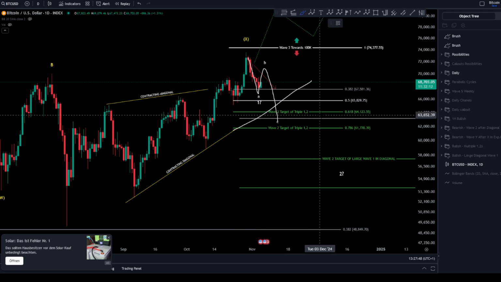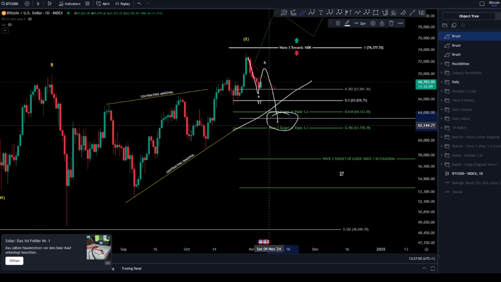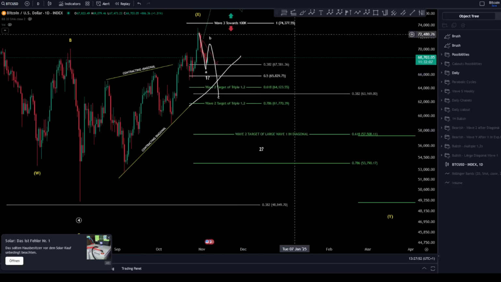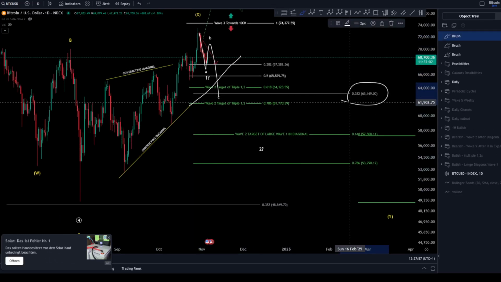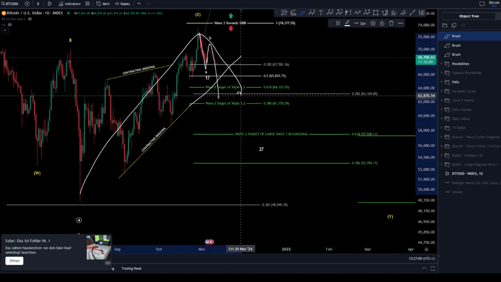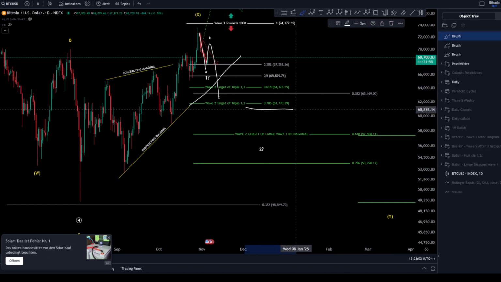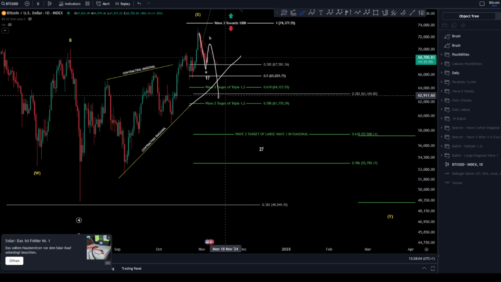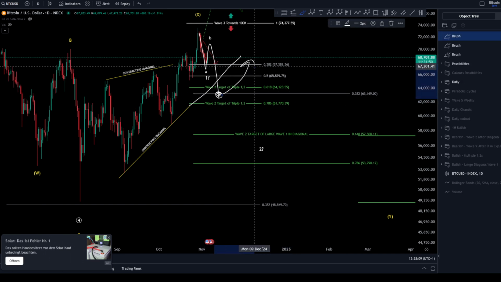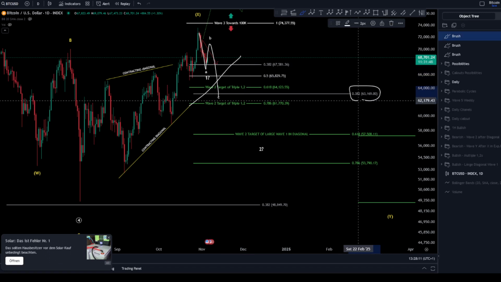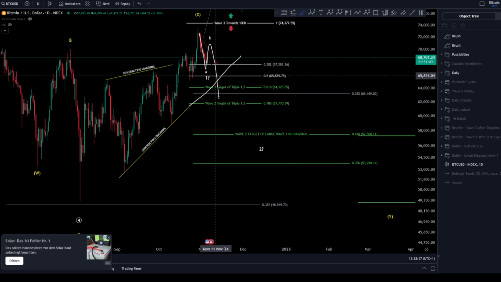However, be careful, guys. This area is very, very critical because if we are as well in a big 1-2, the 0.38 fib level of a big 1-2, which is the minimum requirement, is in confluence with this area. Therefore, this is a very, very critical point of reversal. It might be, so be careful at this price. Be careful of the 63,170. It might be your target, and it might be your entry point. So be careful with it.